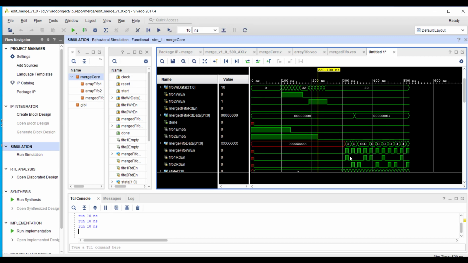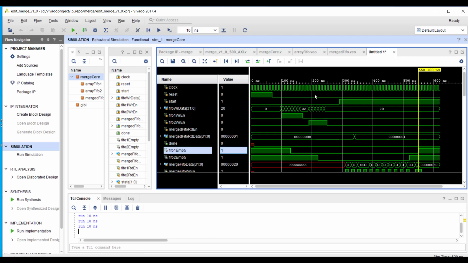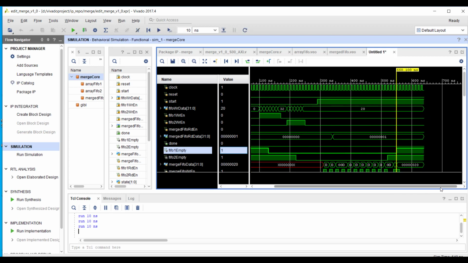So you can see it's writing something to the merge FIFOs. It's reading from different FIFOs. And here you can see the first FIFO, FIFO2, became empty. And after that it kept on reading from FIFO1. And finally FIFO1 also became empty. And the done signal also became high here. Okay, that means it finished the merge operation. Now in a processor scenario, what should happen is it'll be stuck at